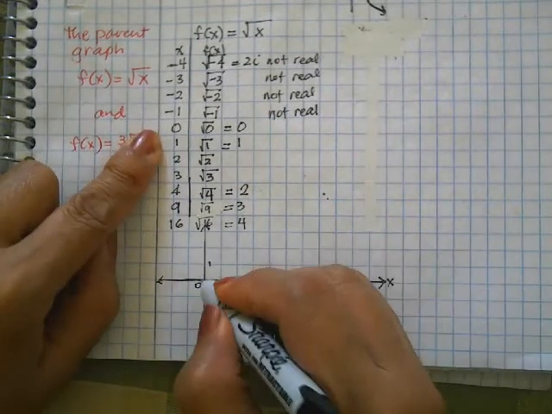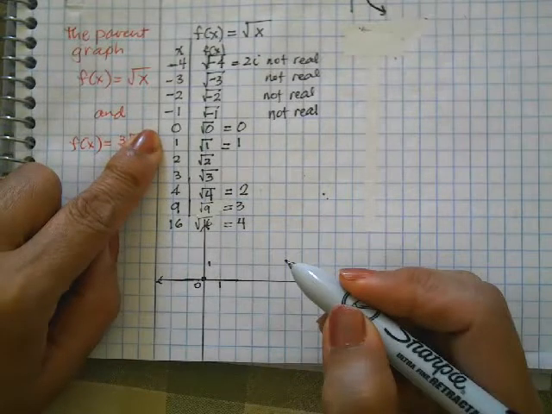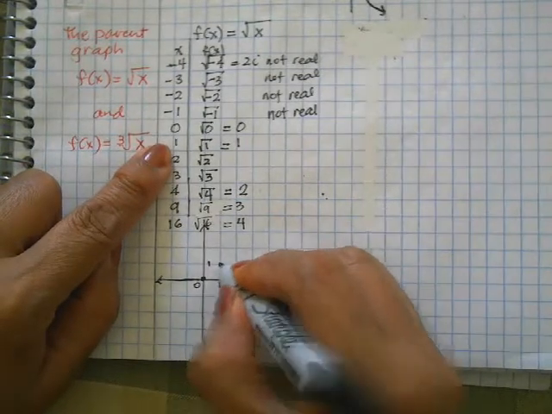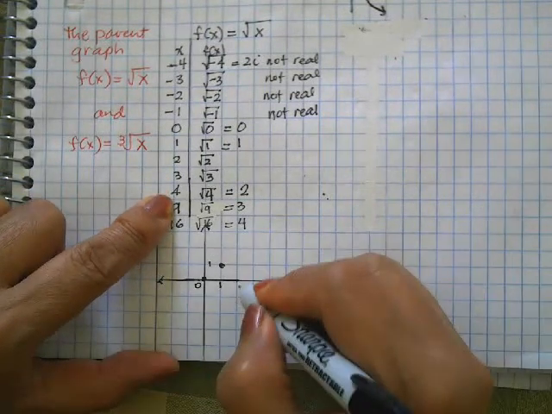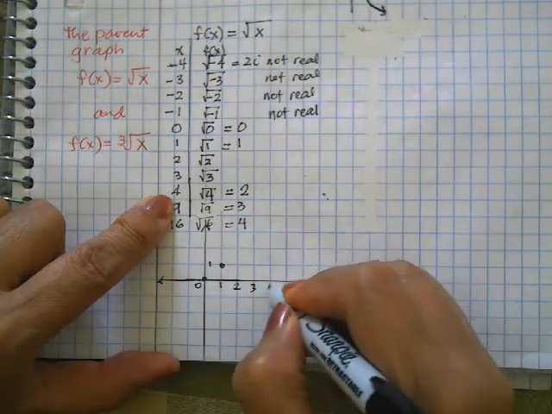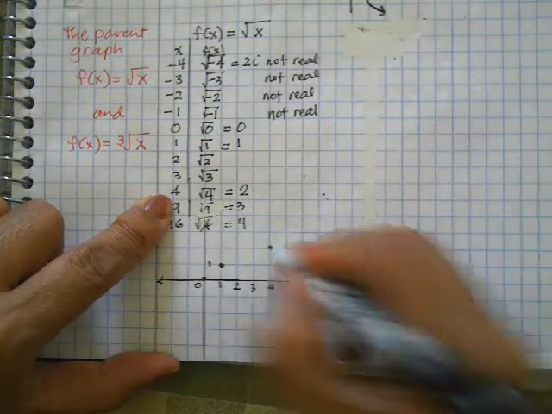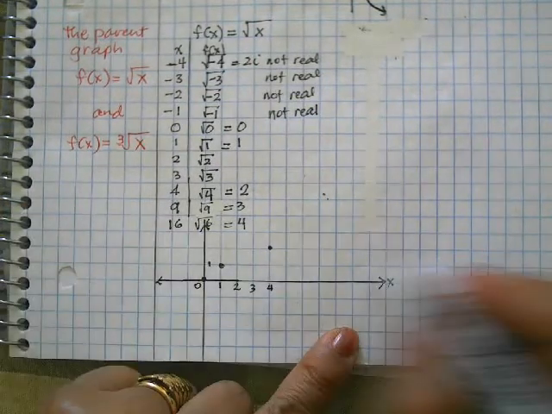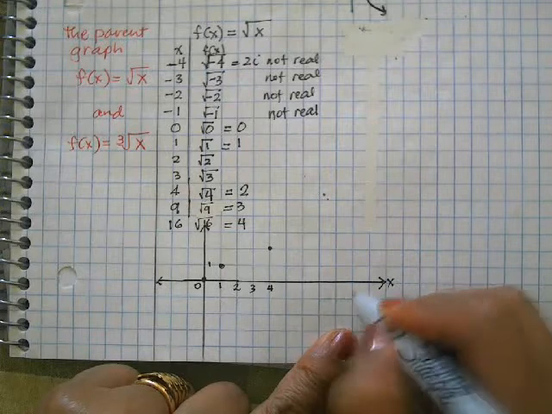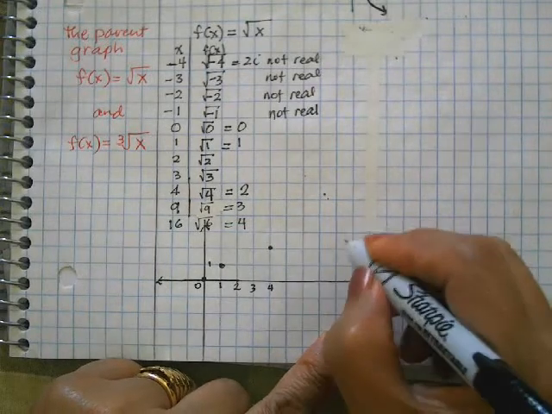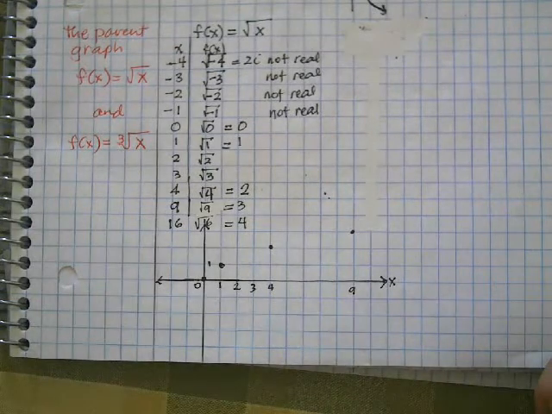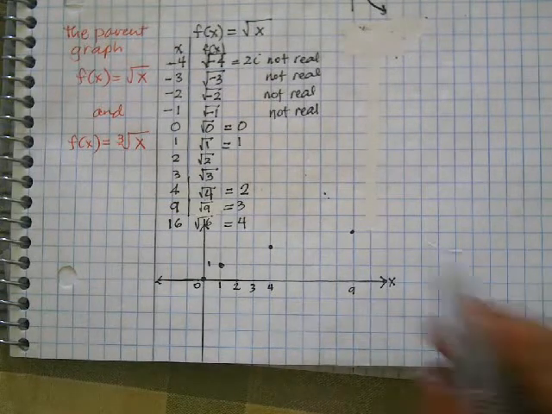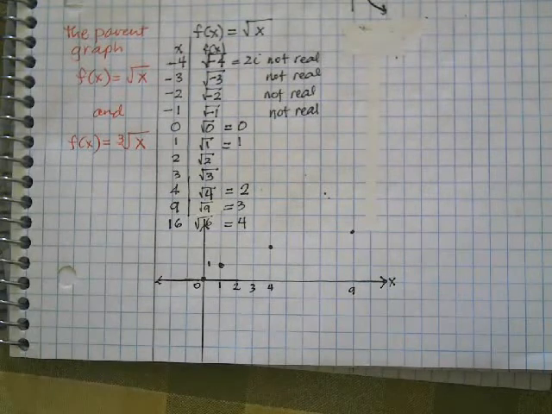So when x is 0, y is 0, we start here. When x is 1, y is 1. When x is 4, y is 2. 1, 2, 3, 4, and that will be 2. And when x is 9, 5, 6, 7, 8, 9, y will be 3. 1, 2, 3. Okay. So if you notice, this is actually the inverse